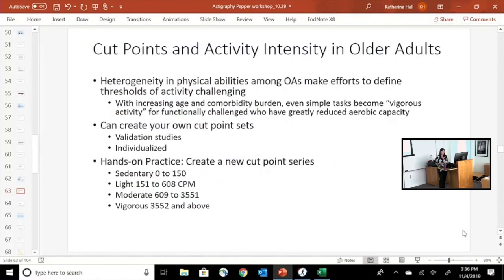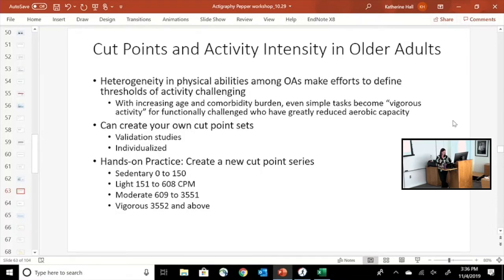So the same limitations or caveats apply, right? As we get older, the heterogeneity cone just increases. We talked about chronic disease. We also need to talk about musculoskeletal limitations. So the threshold of activity is different for everyone. One HIV patient is not the same as another HIV patient. So even simple tasks would actually be considered vigorous if we were to measure the VO2 and aerobic cost of those activities. So again, you just need to be mindful of that